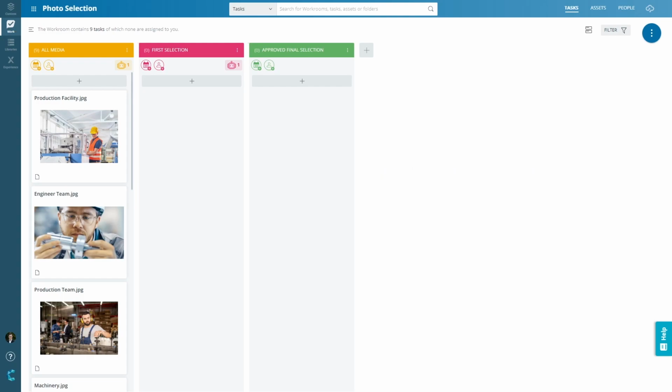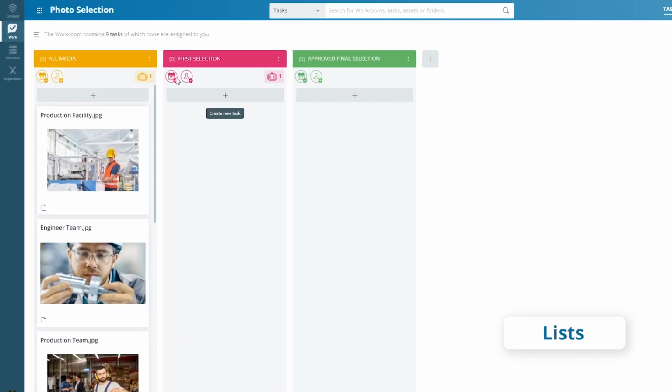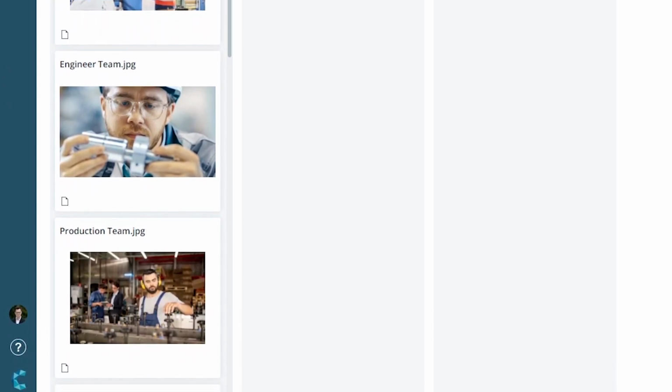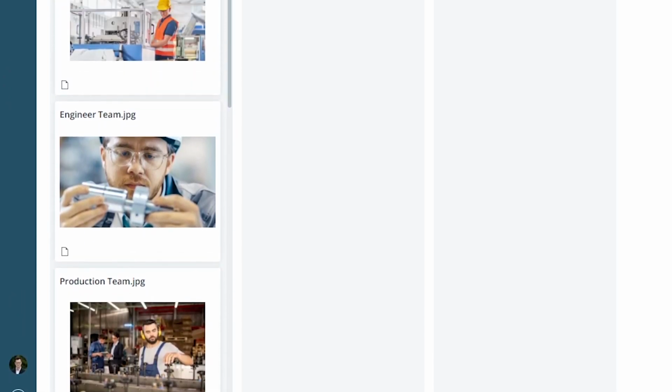To get started, let's talk about lists. Lists are meant to reflect your team's workflow and show you in which stage a task is currently in. Presently, we are looking at a workroom created by the marketing team of a manufacturing company. They hired an external photographer for a photo shoot and now want to select and approve photos for the company